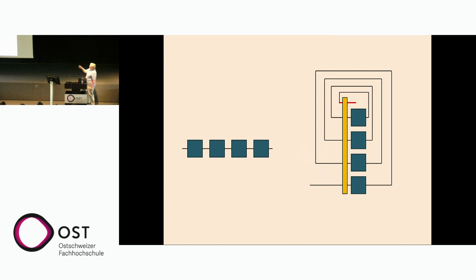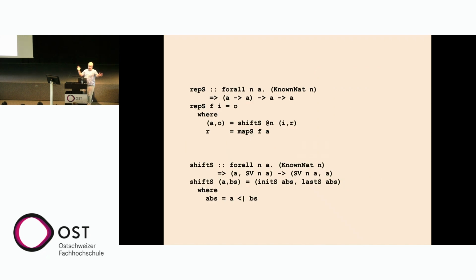It takes an n sequence. No, it takes a value at the bottom and an n sequence on the left, and it produces an n sequence and a value. So it's a kind of shift. Okay, so I can just write it down. So repetition of S, I can make by a single shift and a map,